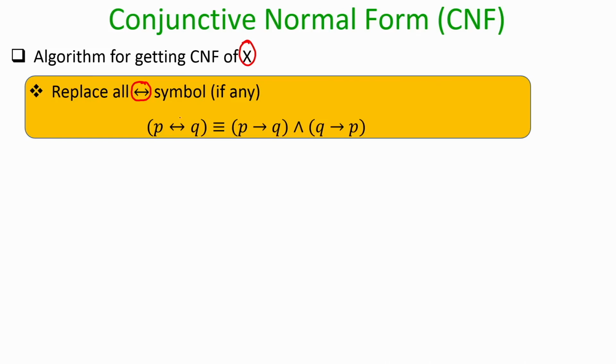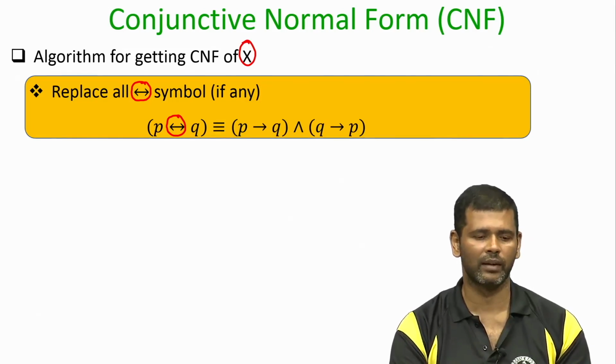repeatedly, I can get rid of all the occurrences of by implication in my expression x, and the new expression that I obtain will be logically equivalent to my original expression. Remember, at each step of the substitution, my goal is to substitute something with a new thing, where the new thing should be logically equivalent to the old thing, otherwise the whole process will give you an incorrect answer.